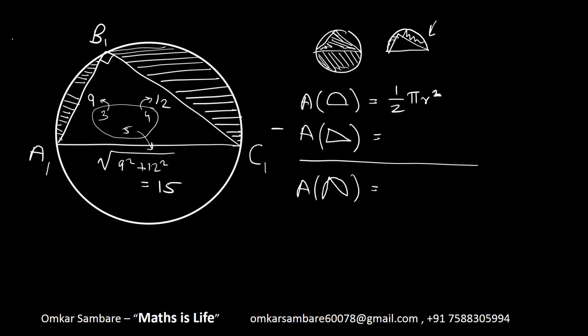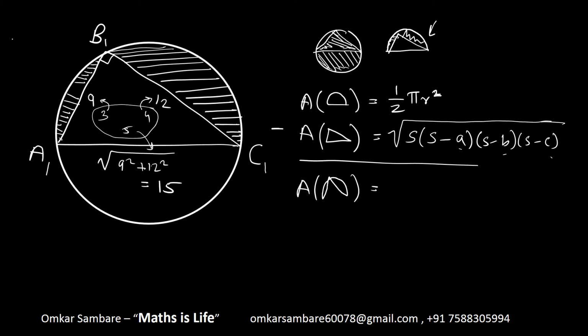We know all the sides of the triangle, but the regular formula we use for the area of a triangle is half into base into height. For that we have the base, but how can we get the height? Okay, there are different ways, but instead of using that method, I will use Heron's formula for the area of a triangle, and it is very easy. We have to just substitute these values, s into s minus a into s minus b into s minus c inside this formula. Okay, now what is s, what is a, what is b, and what is c? A, B, C are just the three sides of this triangle.